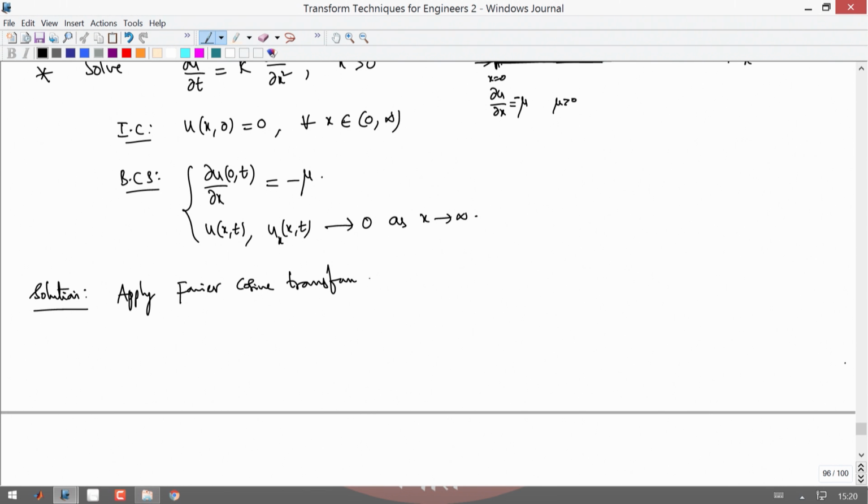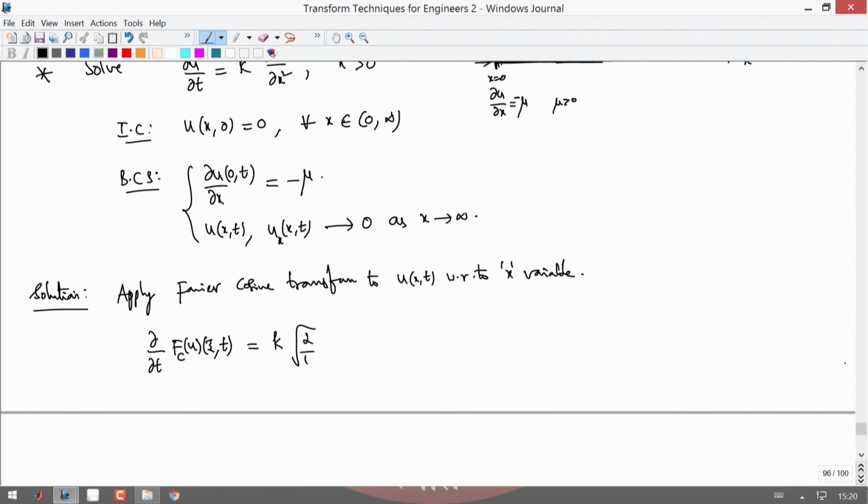to u of x t with respect to the x variable. To see this, what you end up with is dou by dou t of, like earlier, F c, the Fourier cosine transform of u, which is a function of x, becomes xi, and this is t. This is equal to kappa times